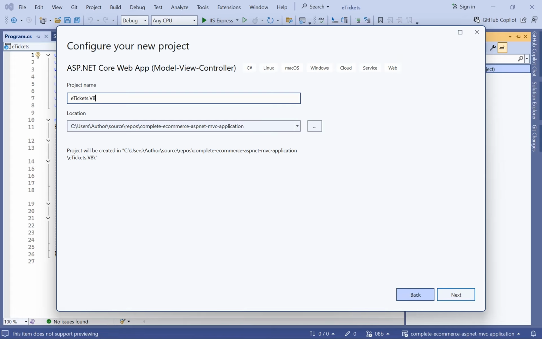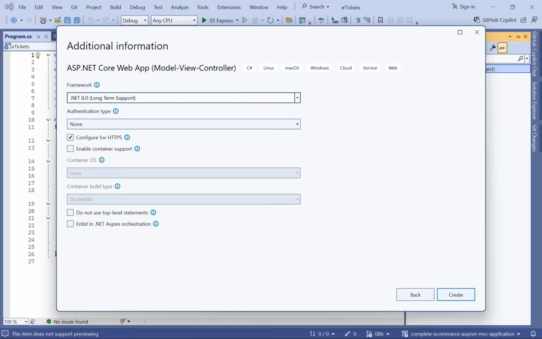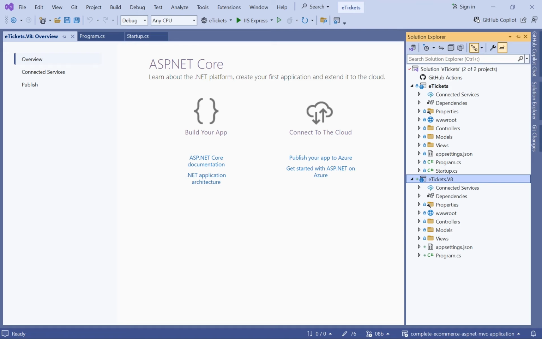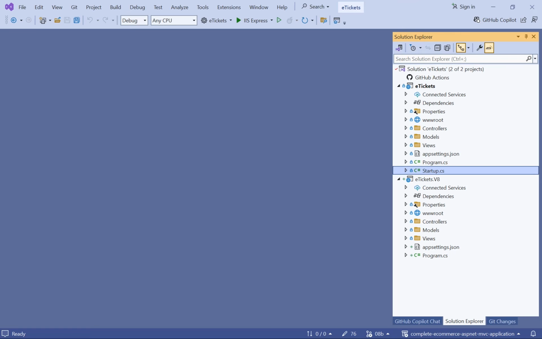eTickets.v8. Now the V8 in here stands for the version of .NET that I'm going to use, but the steps are the same starting from version 6.0. Let me just go here next, and then I'll select from the drop down version 8.0 and then create. The project is created. If I just go to Solution Explorer, you can see that all the files and the folder structure is the same, but the previous version does have the Startup.cs;